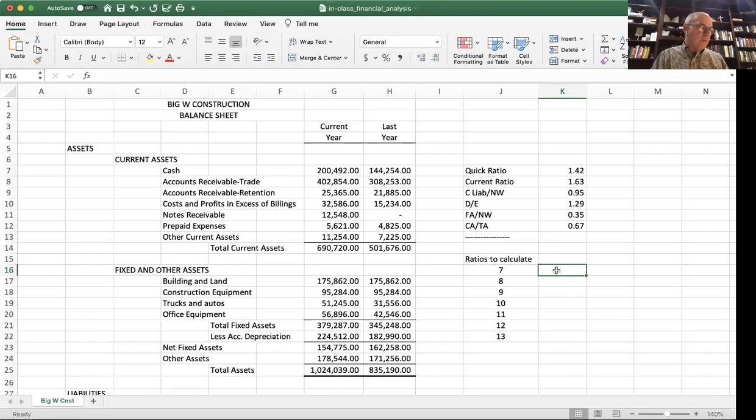So, for example, let's look at number 7. Number 7 is collection period without retention. What in the heck is that? Okay, so the collection period without retention uses accounts receivable. The formula is accounts receivable times 365, because accounts receivable is also like a snapshot, and we're going to take that times 365 to get